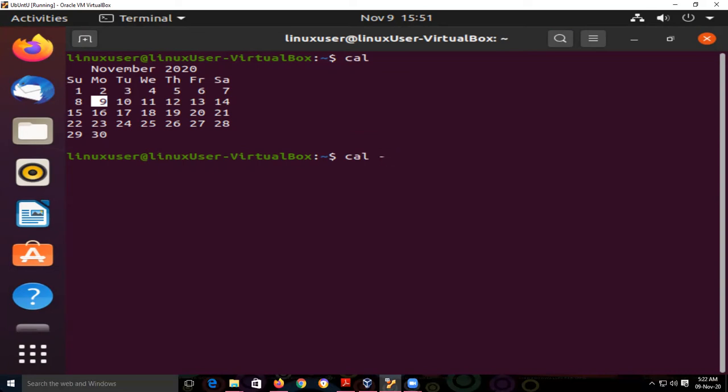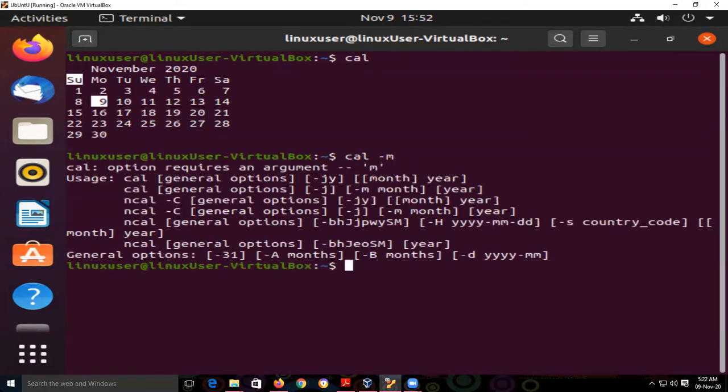This is not a dash, it is a hyphen y. So check the previous cal command's output. In the previous output, the week started with the day Sunday. Through this cal hyphen y, okay, something is wrong with the hyphen sign.